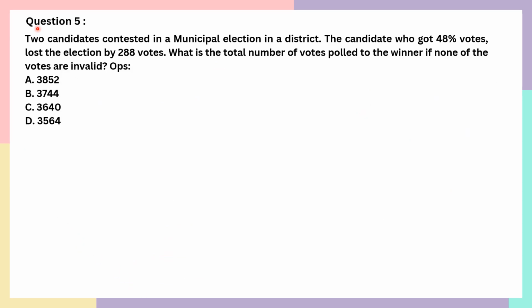Now let's see the fifth question. The question is: two candidates contested in a municipal election in a district. The candidate who got 48% votes lost the election by 288 votes. What is the total number of votes polled to the winner if none of the votes are invalid? Options are given: